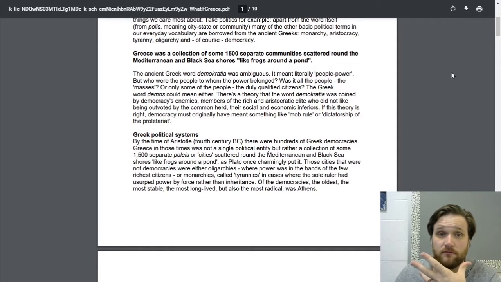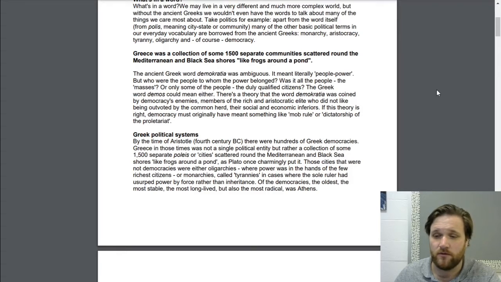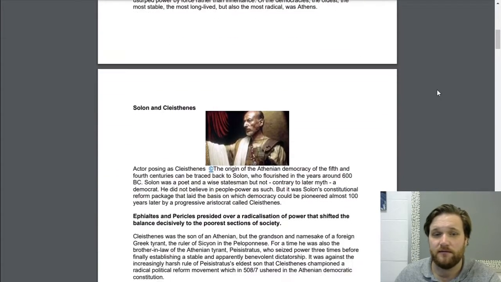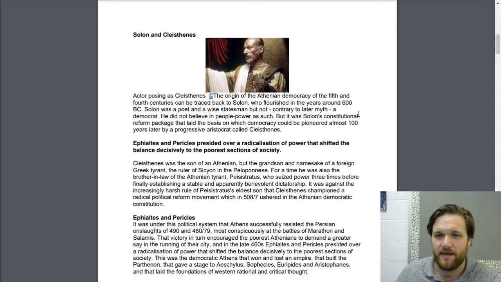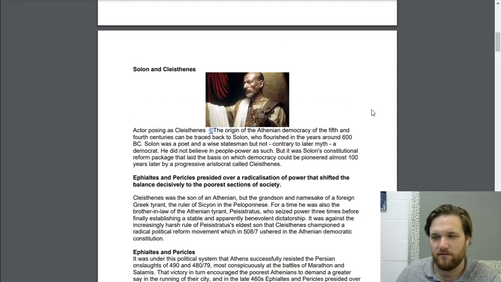We've talked about, well, if you were in class, we've talked about, and if you've been doing the other assignments, you've seen it, that there were tons of little islands all around Greece. There were small communities inside of Greece. It was a huge collection. Well, it had to be put together. It had to become a cohesive unit. And the creation of democracy helped bring these together under a single rule